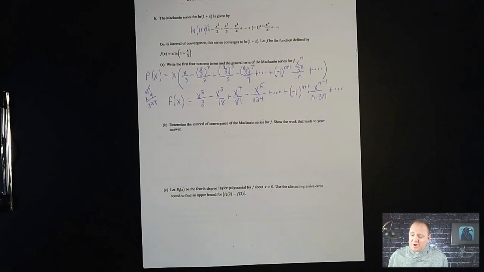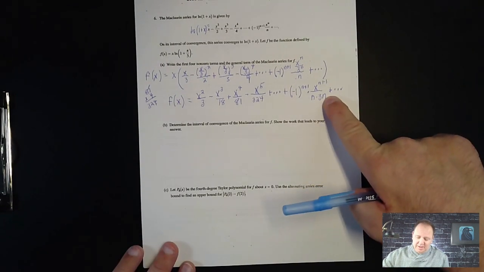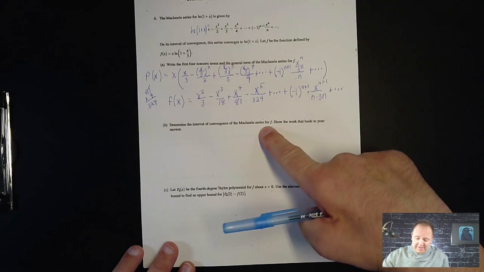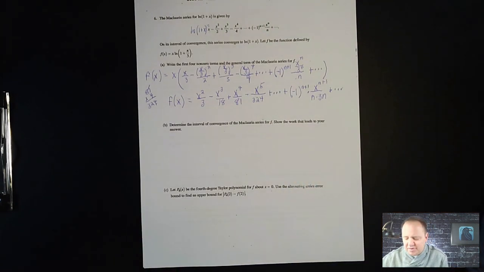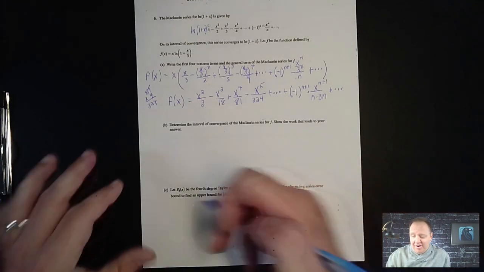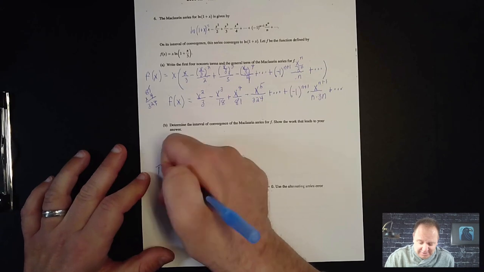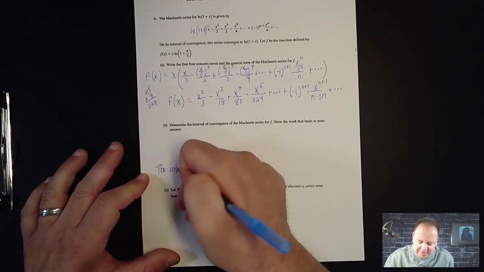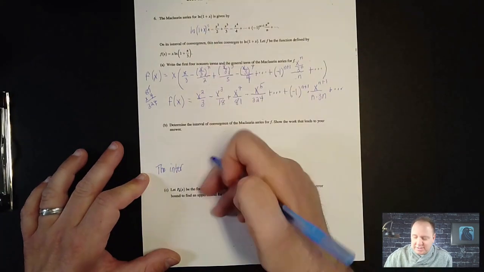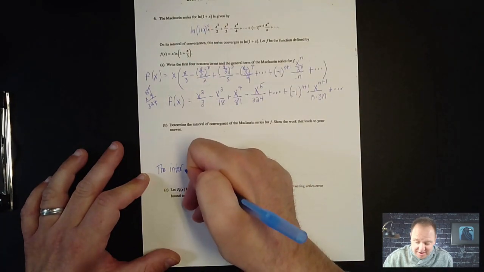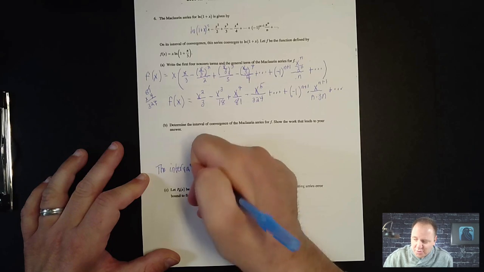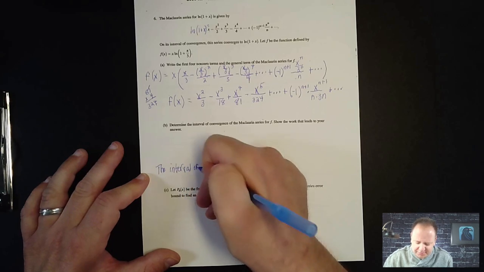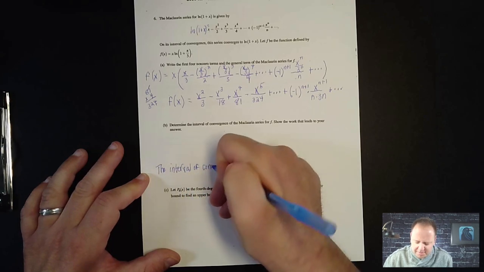All right, now this is where if you didn't get this, you're not going to get this. All right, determine the interval of convergence of the Maclaurin series for f. Like I told you, I already know what it is. Most of the time, it might not be that simple. Based off of the original graph ln of 1 plus x and my understanding of that graph, I know that the interval of convergence for f